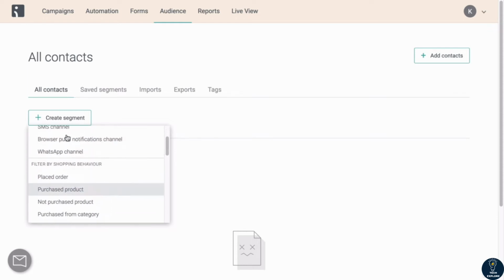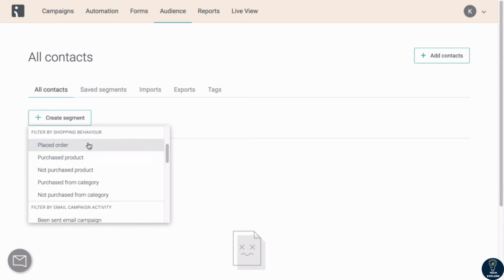For the example I want to show you today, I'm going to create a saved segment of customers who have previously placed an order on my store, at least one. Why would I ever want to create this segment? The reason is that if someone has purchased from my store in the past, chances are they like my store, they like my brand, and they may be willing to purchase another product